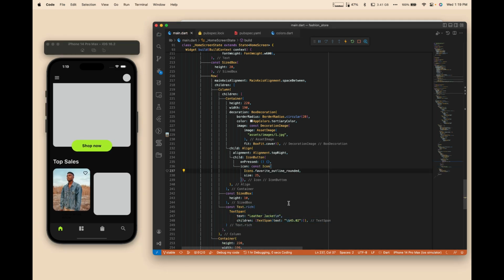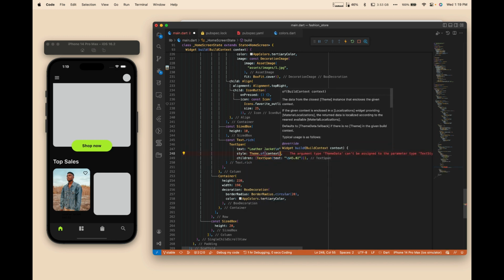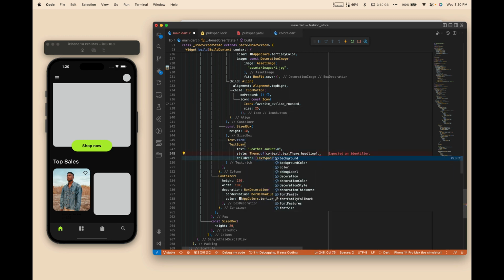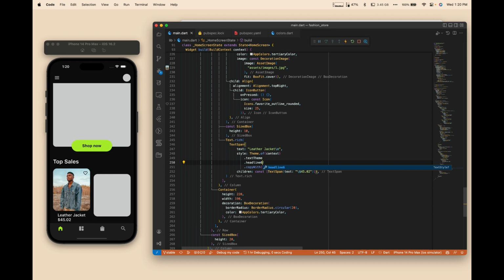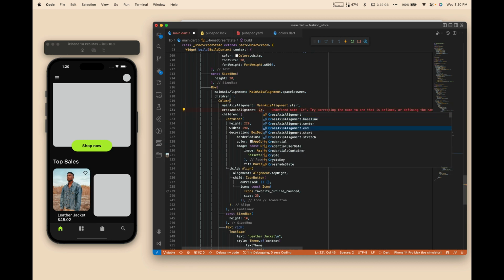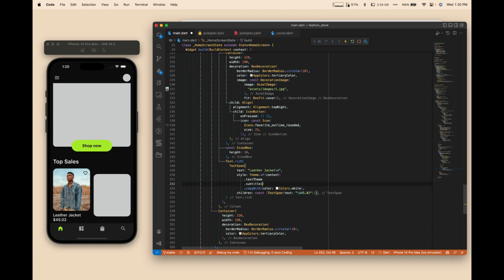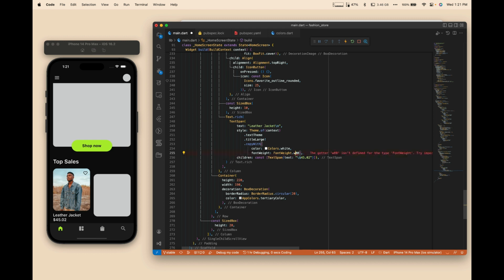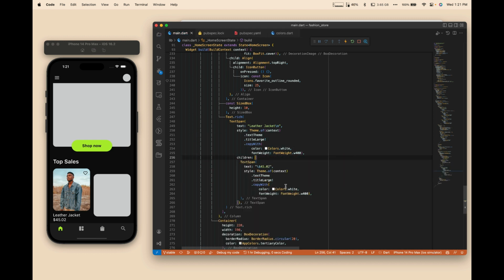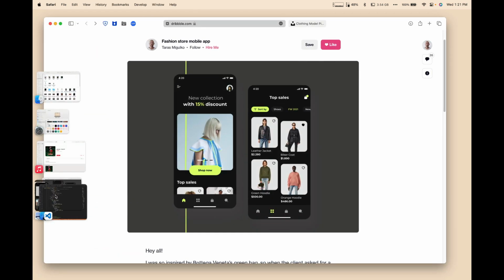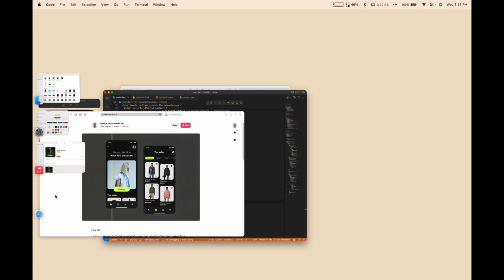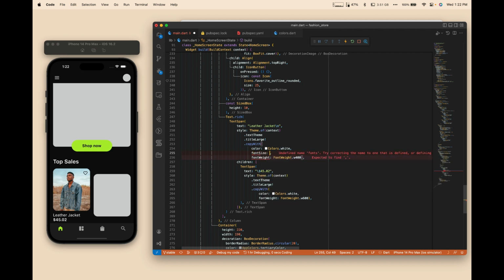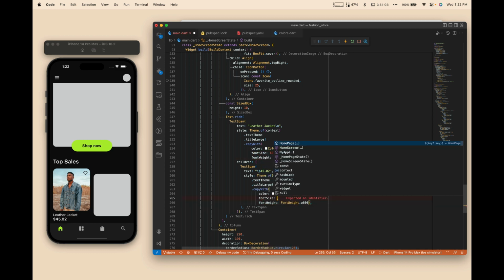then we're gonna include the whole container in a column so that we can specify the text or the product name as well as the price using text.rich widget. So through that we can have both the properties of name as well as the price in the same widget, and we can have different kind of styling, or we can define different font weight and font family for that. And here we completed our first image,